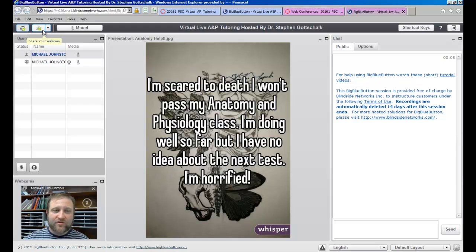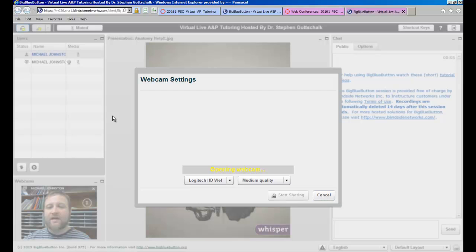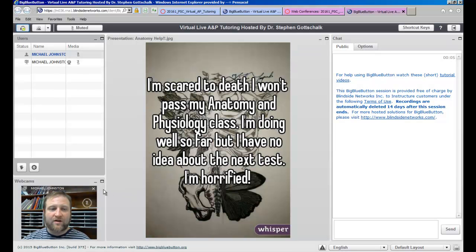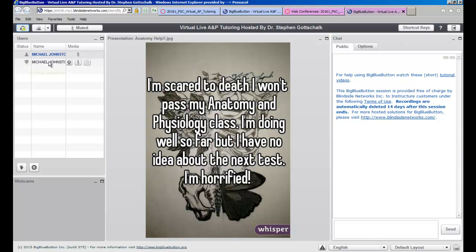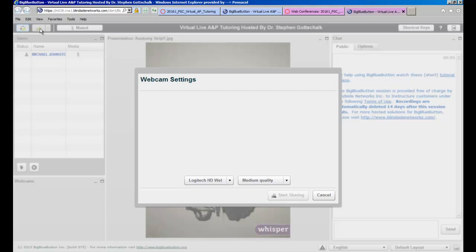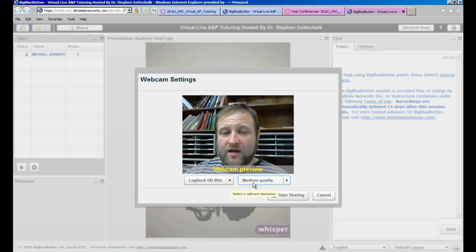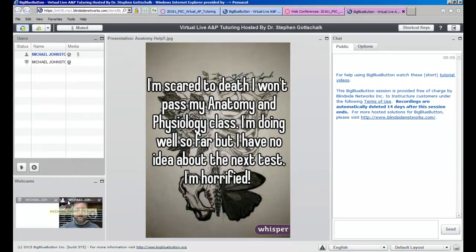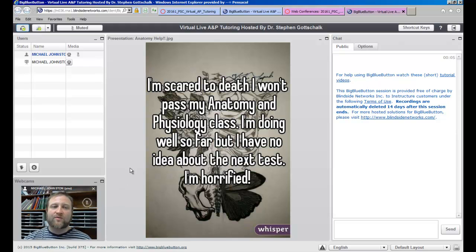If you want to also share your webcam, that's fine. It does take up a little bit of feed, so if you're on a wireless connection, I don't recommend sharing a webcam. But if you just want to pop in and share your webcam at the beginning, you can click on share your webcam. Because I'm already sharing a webcam, I'll just disable my own webcam from here and kick myself out. But I will share my webcam, and notice here you can choose the quality in which you want to share your webcam, so you can click on high, medium, or low, or widescreen. I'm going to click on high, even though it's probably sharing a lot more data. And this will share my webcam, and I do have two that are being shared right now.